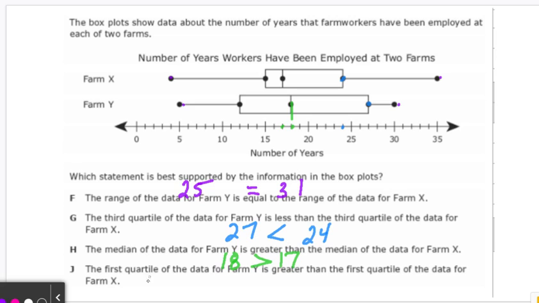And the last data question is, the first quartile of the data for farm Y is greater than the first quartile of the data for farm X. Greater than. First quartile, first set of data for Y. Boom. 10, 11, that's 12. For first quartile for X, I'm going to go here to the first actual dot, and that is 15. 12 is not greater than 15. That means the most accurate statement for this data set is